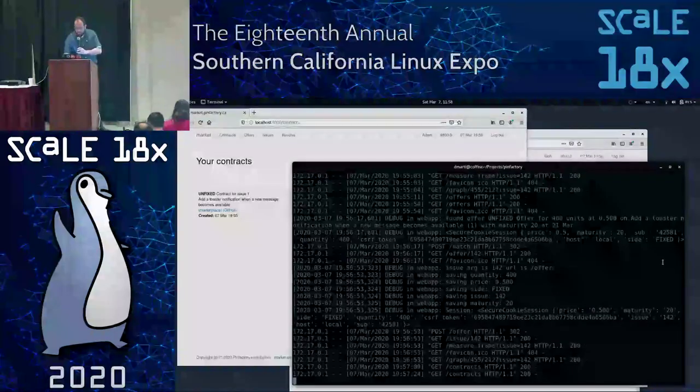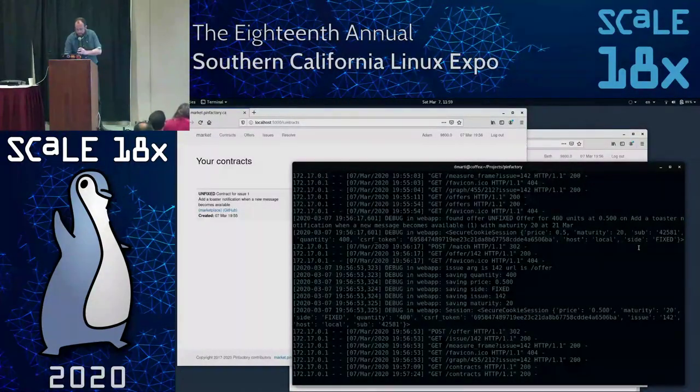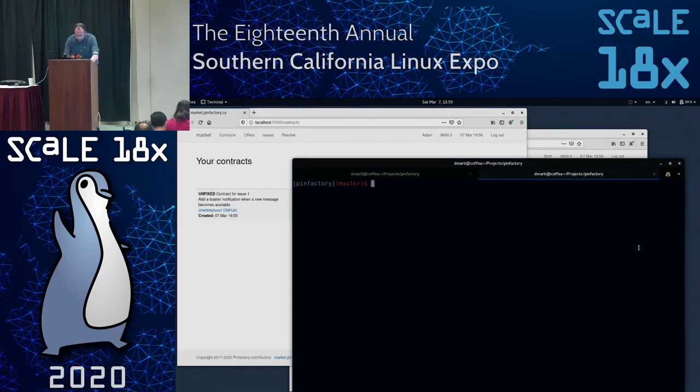All right, so 2 contracts are held, and it is now time to take a time jump. All right, we're going to time jump 15 days into the future.